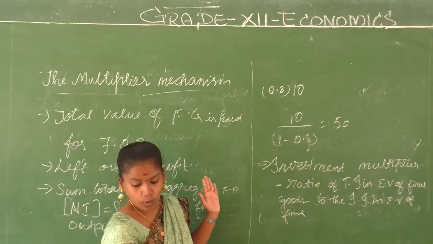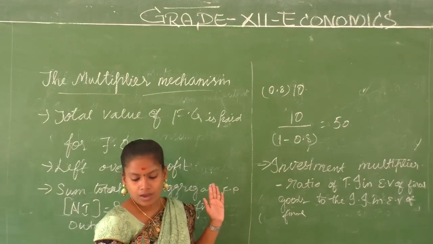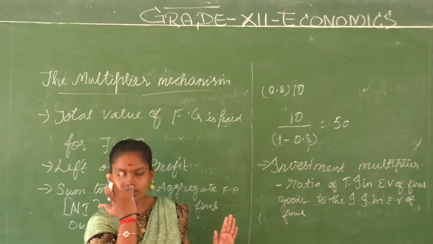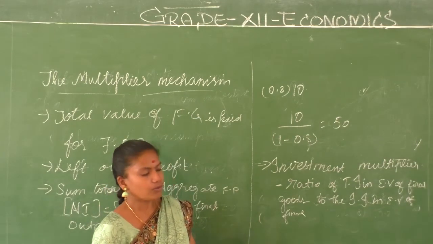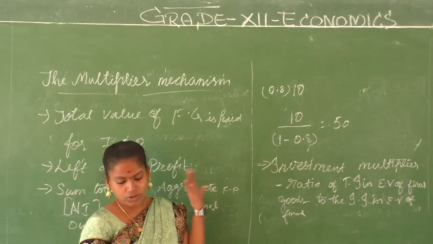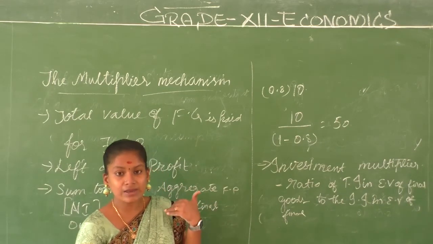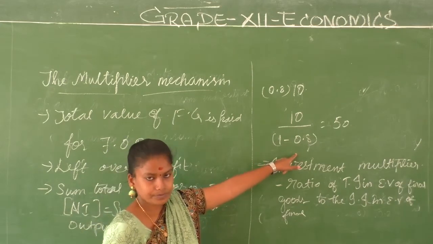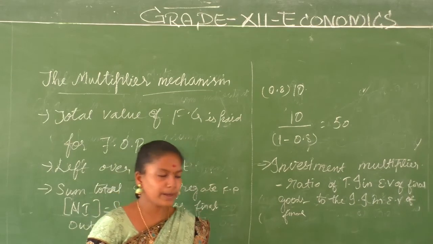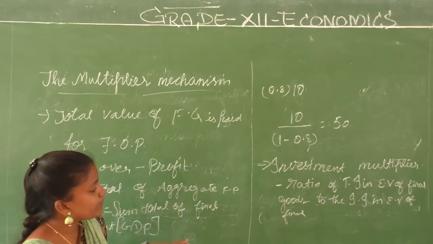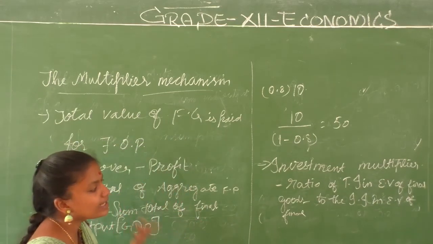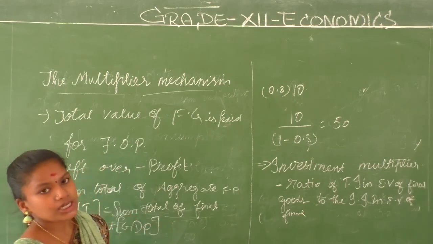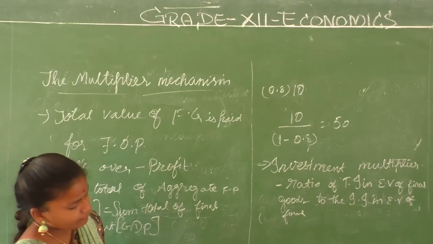You have found the total increase in the value of output goods. How is the total increment found? Based on these things, mostly upon C. As C becomes larger, the multiplier increases. Fine, children. So what is the multiplier mechanism about? It is the investment multiplier. It is the ratio of total increment in the equilibrium value of final goods to the initial increment in the equilibrium value of final goods.